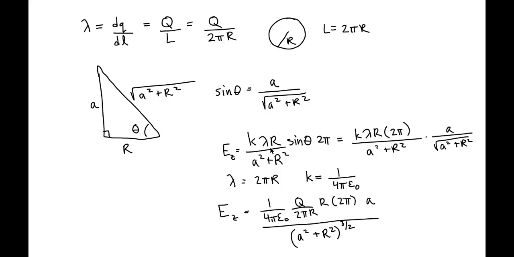Well, it looks like there's a few things that we can cancel out. The 2 pi in the numerator cancels with the 2 pi in that denominator. The r in the numerator cancels with the r in the denominator. And it looks like I might have gotten overly aggressive with the k, because I'm not seeing where that's going to cancel anything. I was thinking it was going to cancel that 2 pi in the numerator, but our linear charge density, q over 2 pi r, ended up canceling with that. So I'm probably going to recall that k for simplicity.